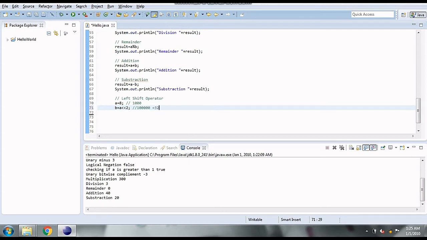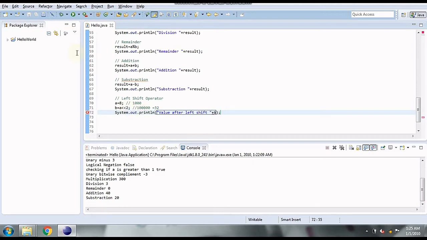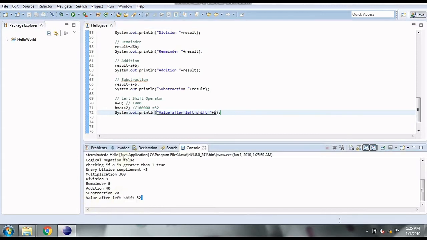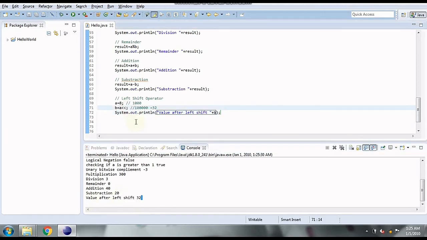This evaluates to 32. So our output should be 32. If I print b, the output here is 32. If I say a left shift 3, 3 bits are going to be added and one more 0 will be added and its decimal conversion will be printed.